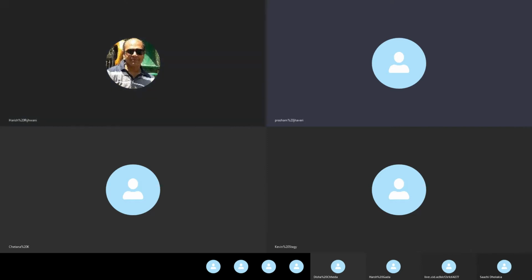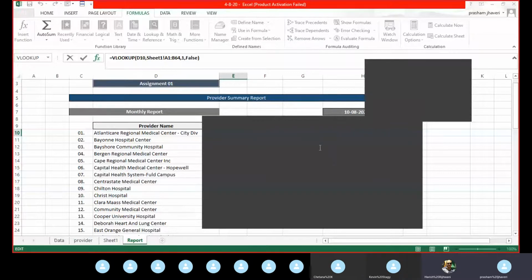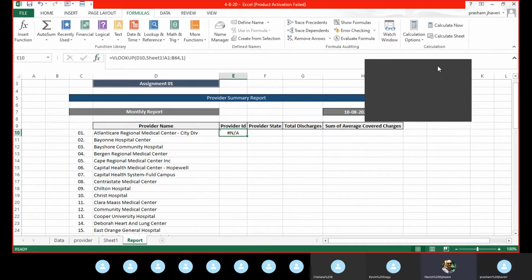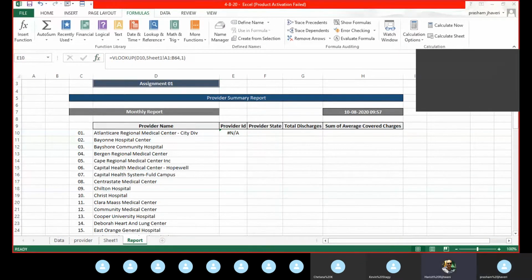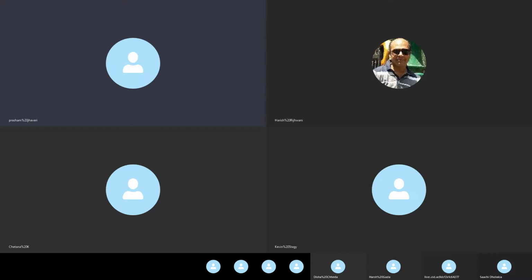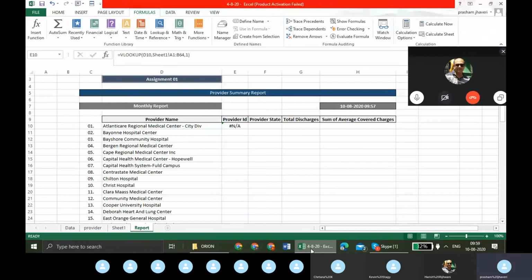Sir, I can't share it for some reason. No, it started sharing. Can you share your desktop? Is this visible? It's visible, but there's a black box coming in between. So you have to share your desktop, otherwise it's not going to show the pop-up window. Okay, just a minute. Yeah, now it shows.